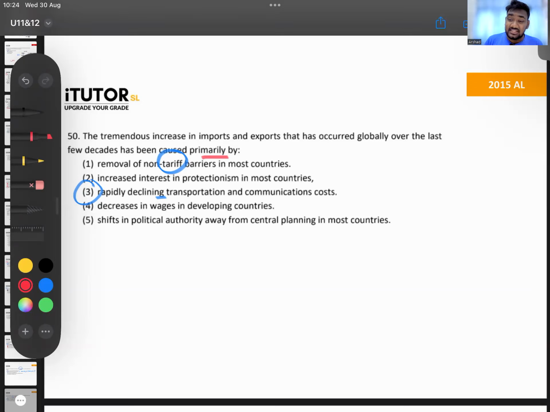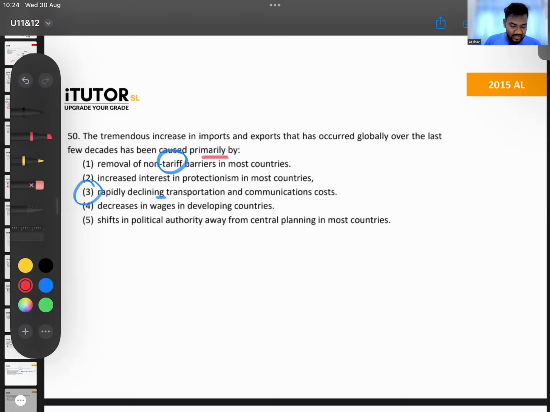Now, why do you think, guys? Think, where is the US and where is China? Think of the world map, the other side also. It's a globe, no? Very far, right? Why do you think the US is producing all of that in China? Why do you think they're producing stuff in Thailand? Why is it still cheaper for them? Because producing in Thailand, Vietnam means they have to transport it back to their country. It's still cheaper for them because transport cost and all of that has gone down now. So therefore, number 3. In past decades, anyway, most countries have moved away from central planning. Yes, correct. But that's not the primary reason.